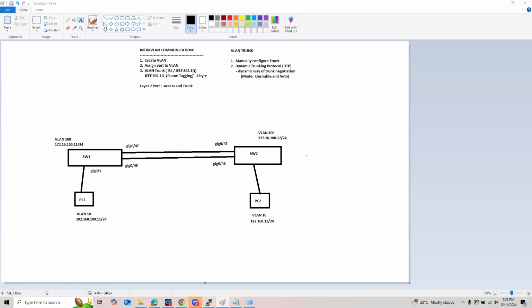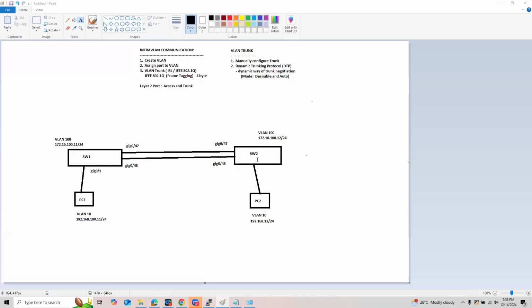And again, to ensure that VLANs from one switch are able to communicate with the VLAN on another switch. I'm talking about intra VLAN communication. VLAN 10 in switch 1 will be able to communicate with VLAN 10 in switch 2. VLAN 20 to VLAN 20.